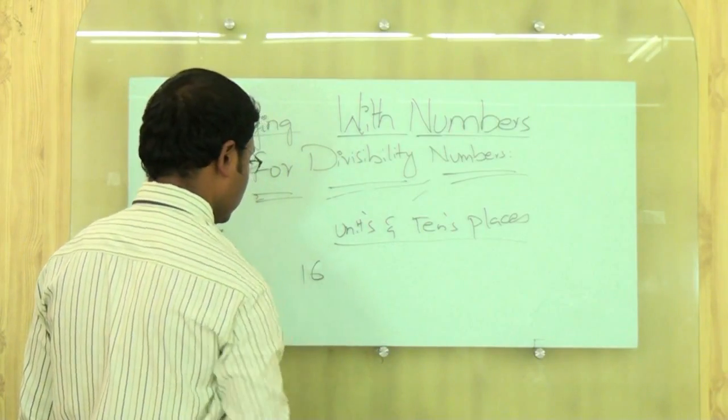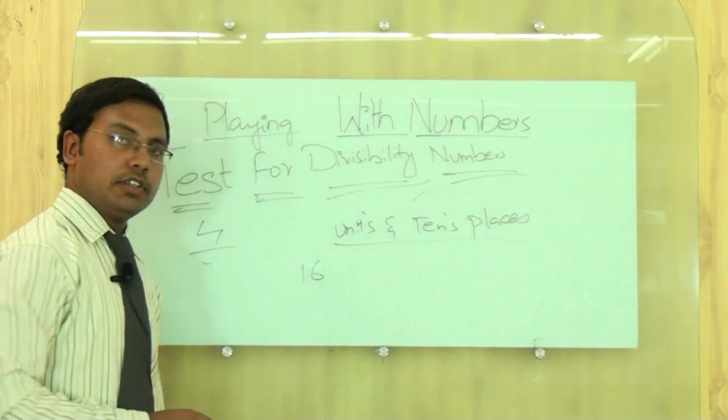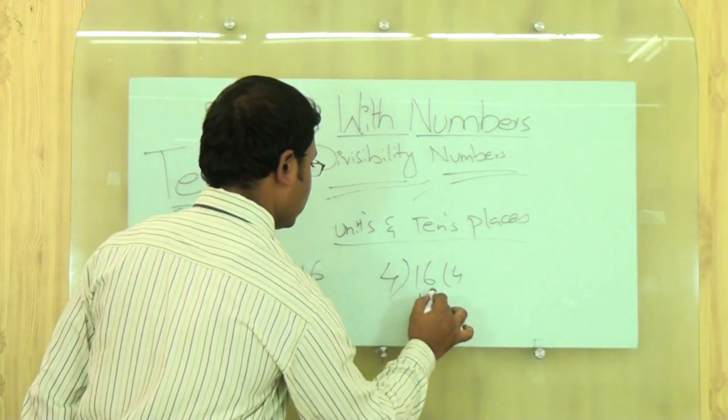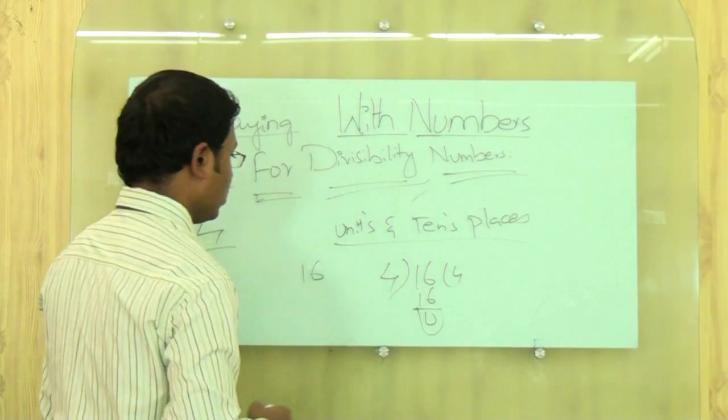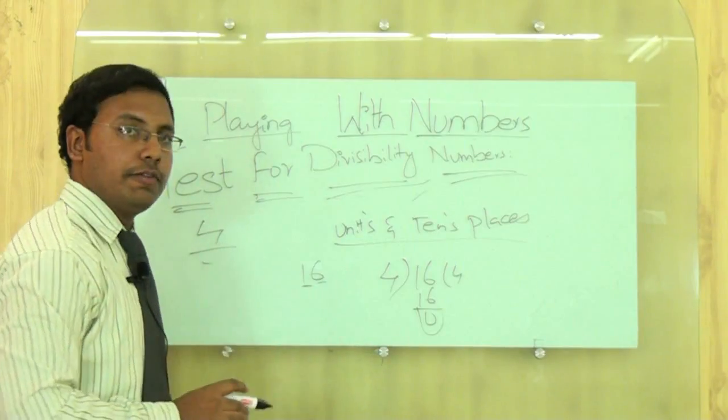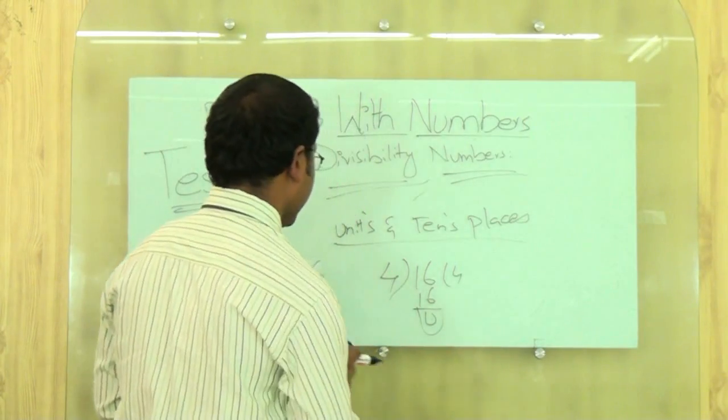Suppose 6 and 1 are respectively in the units place and tens place here. 16 divided by 4: 4 fours are 16, remainder 0. Since the units place and tens place are exactly divisible by 4, the condition will be satisfied. If we take a 3-digit number,